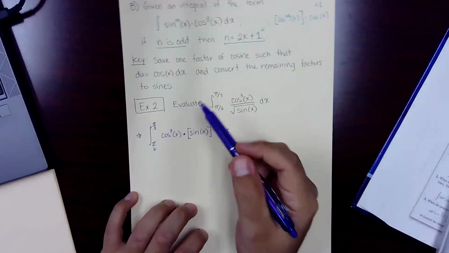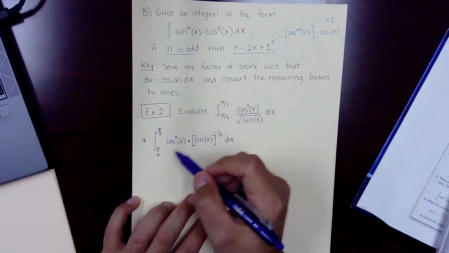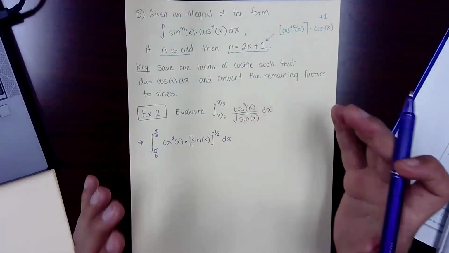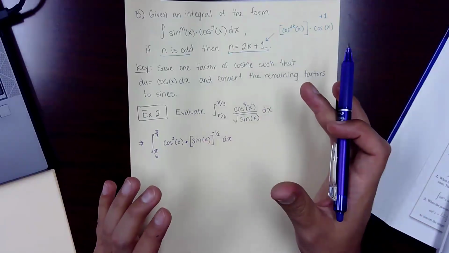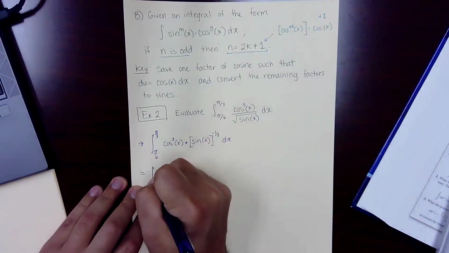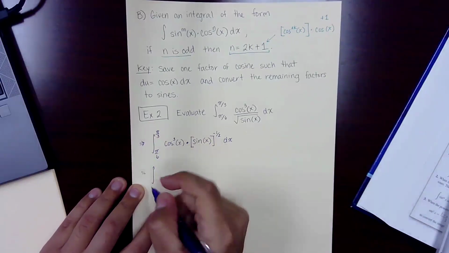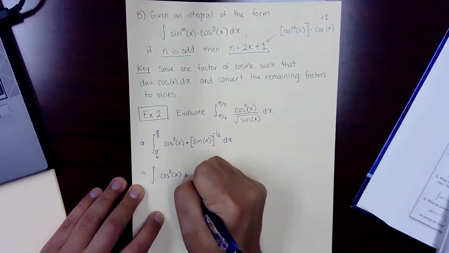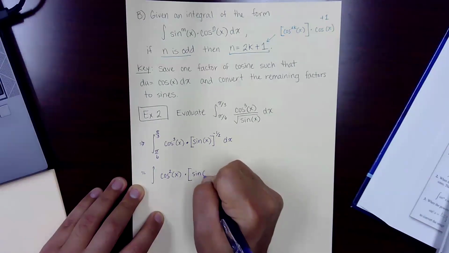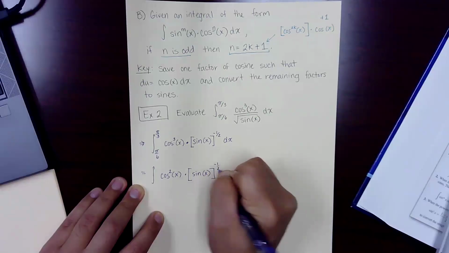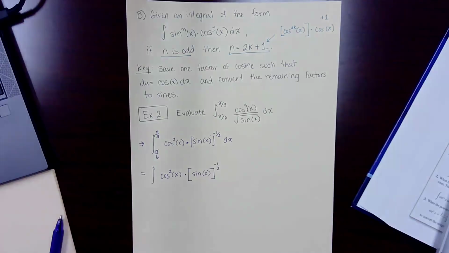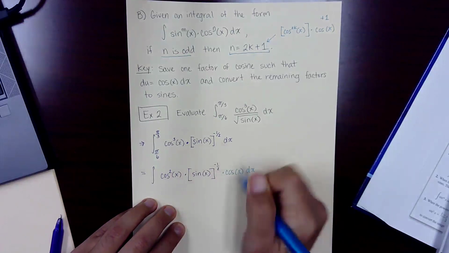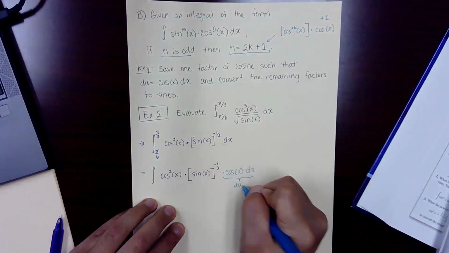All right. So this guideline says what we want to do if our cosine has an odd power is break out one of those factors of cosine, marry it to the dx so that that can be du. So we'll rewrite this. Again, I'm going to be lazy and drop my limits of integration till the end now, but we'll have a cosine squared x there times, I'm going to leave this as sine of x to the negative 1/2 power. But now we'll have that extra cosine of x dx, and this is the thing that we want to call du,